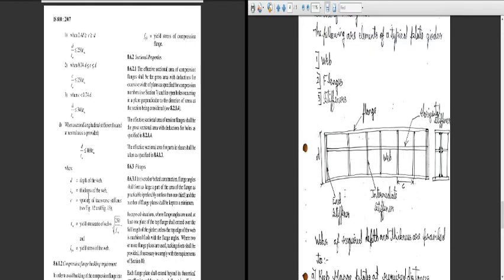The last condition is when a second longitudinal stiffener at the neutral axis is provided, so D/tw ≤ 400 εw. Here D is the depth of the web, tw is the thickness of the web, C is the spacing of the transverse stiffener, and εw is the yield stress ratio of the web, root of 250 by fyw, where fyw is the yield strength of the web. If the web is hot rolled, it will be 250 and εw will be 1. So this is how we go regarding the first point.